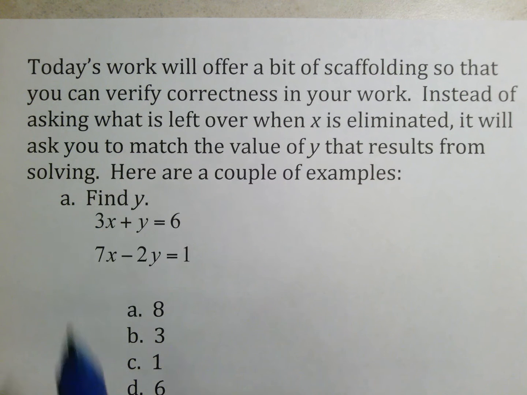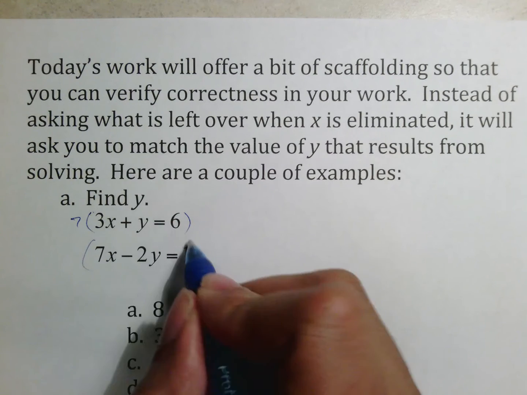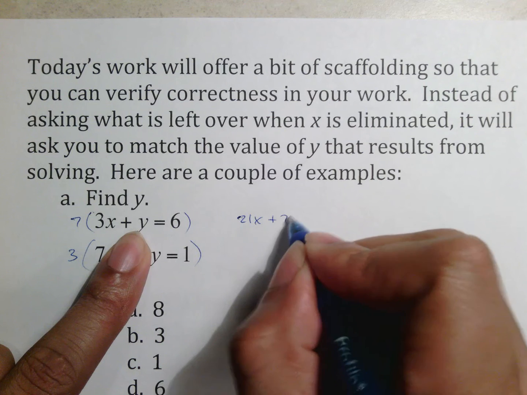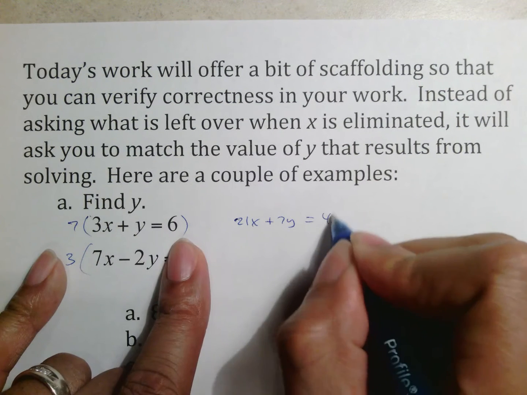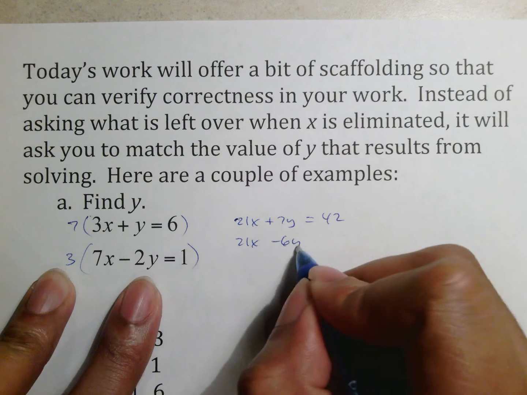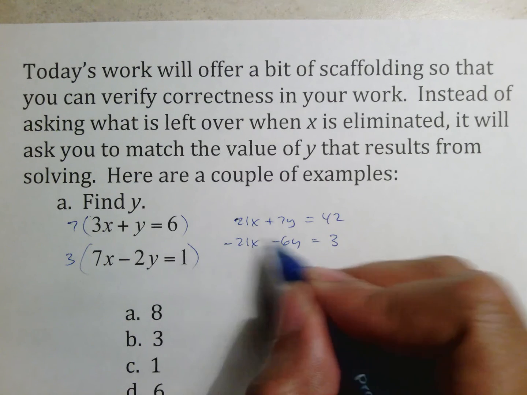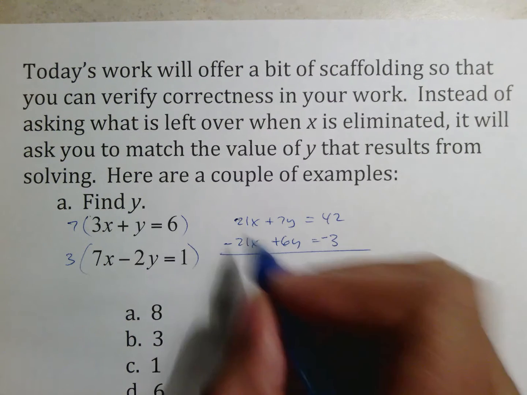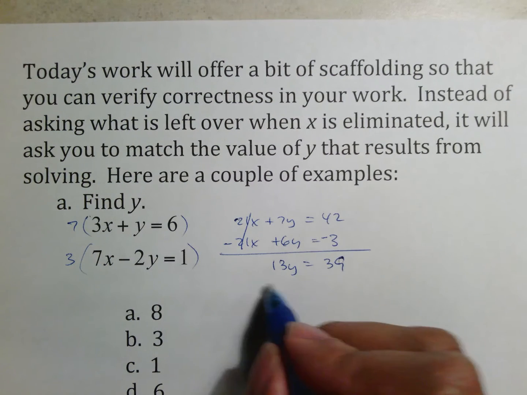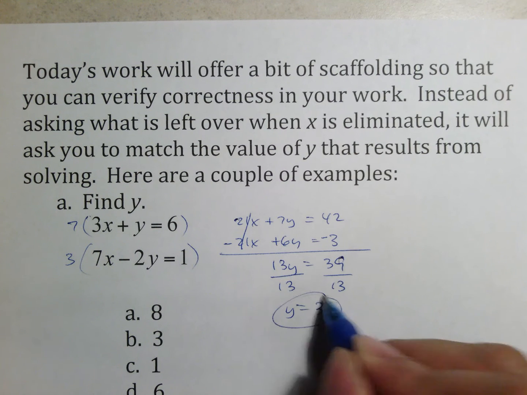Again, couple examples here. 3x and 7x. This 7 comes up. This 3 comes down, giving me 21x plus 7y equals 42. This gives me 21x minus 6y equals 3. I then need to get rid of the 21x, so I switch all my signs there. This goes away. 13y equals 39. Once I'm here, I divide by whatever is attached to y, getting y equals 3,